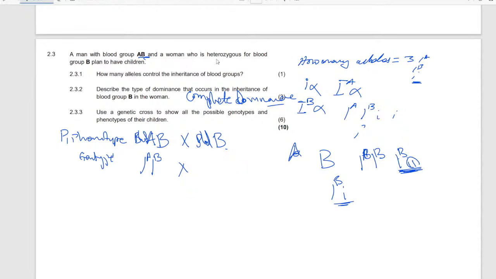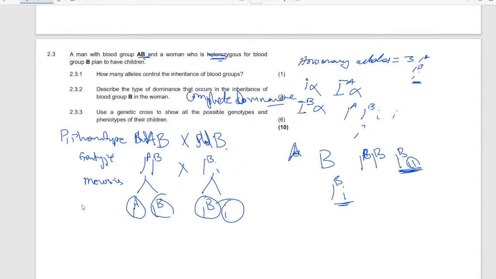The lady is heterozygous, you see, they gave a clue that she is heterozygous. So I'm going to come here and write B, small letter, and then meiosis. Meiosis is going to occur, and then I'm going to have A, and then B. Please leave space here, and here also it's going to be B, and then small letter. I always tell you to circle them so that you don't lose marks anywhere. So this is